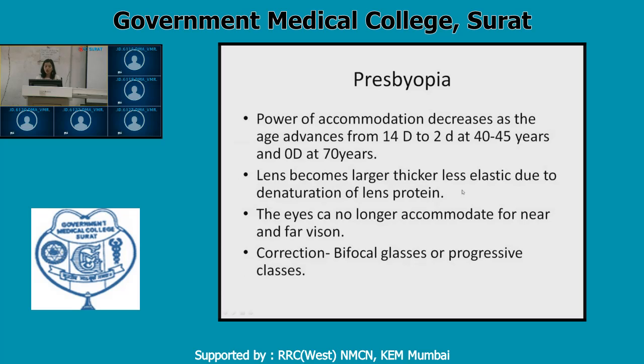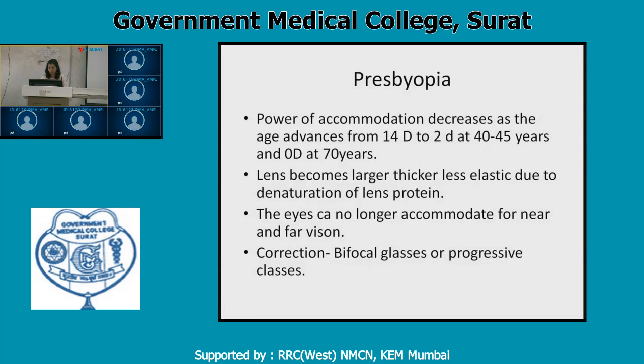Also, with advancing age, there is weakening of the ciliary muscles. The changes of anterior curvature of the lens are not that prominent. So what happens is the range or the amplitude of accommodation, which was 14 diopters at young age, reduces to just 2 diopters at 40 to 45 years of age. And that is the age at which we say that old age glasses have come.